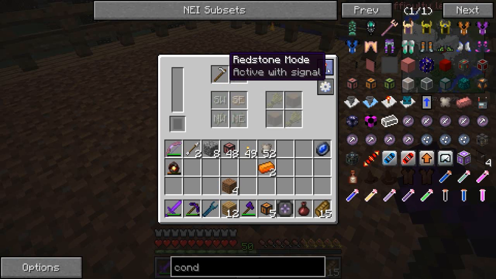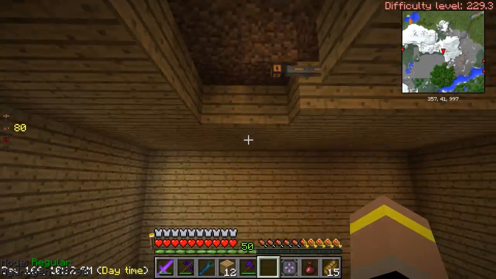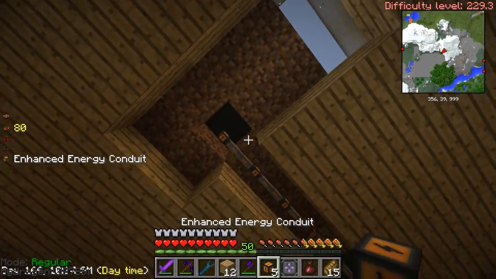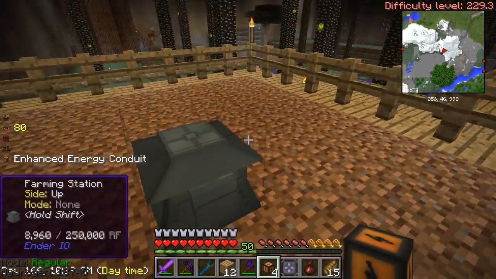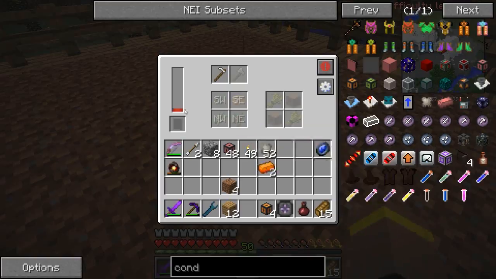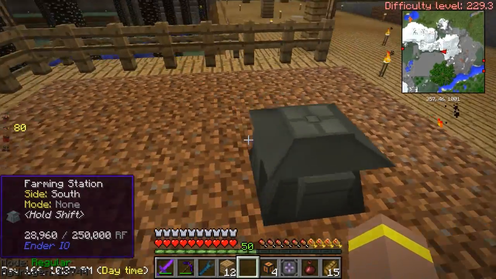Redstone mode. Active with signal. Never active. Okay, alright. So, let's plug it in. And hopefully, it's going to get some power. Yeah, there we go. Alright, so I think I need to get some more stuff around it. But I believe this